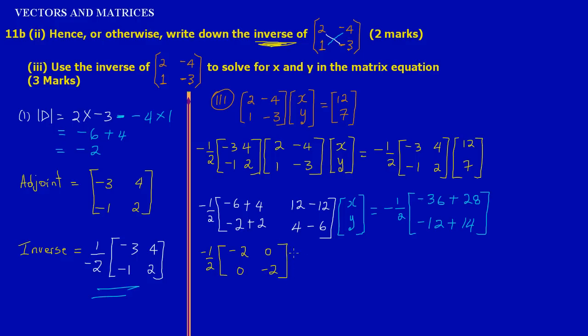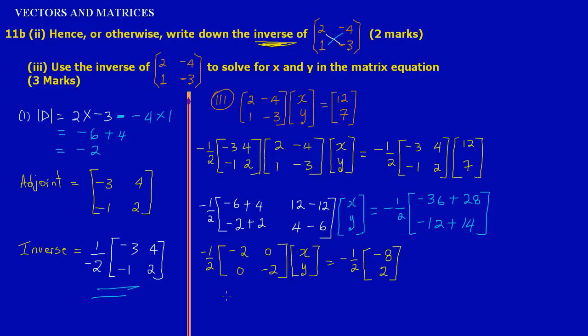So I'm closing my matrix there. And then I'll have xy, close that. And this will be equal to negative a half, and I'm multiplying by that now. Well, here we have a 36 and we have a 28, so obviously that will leave us with negative 8, and 12 from 14, that will leave us with a positive 2, my friends. All right, so here now we have our identity matrix, because basically a half times negative